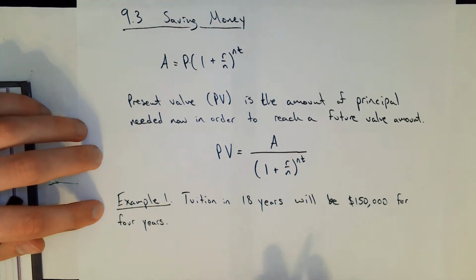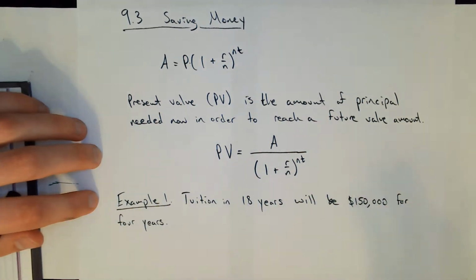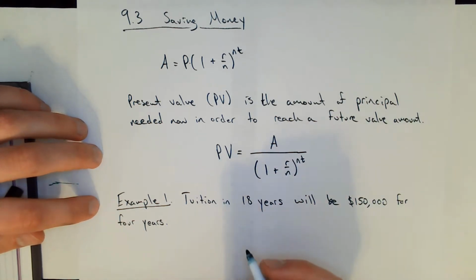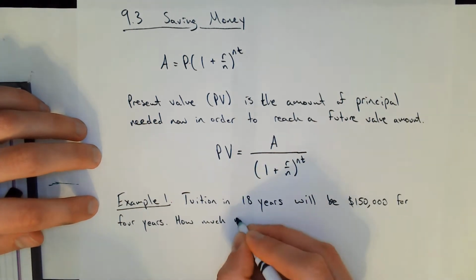Let's say you have some chunk of cash that you want to save for a newborn that you just have. You want to go ahead and start saving right now so that in 18 years you'll have some college fund money for this child. How much money